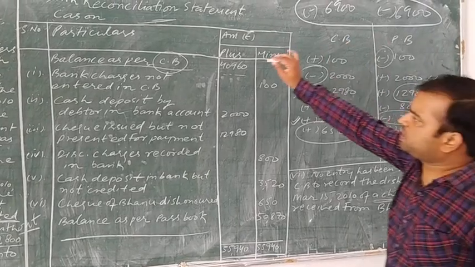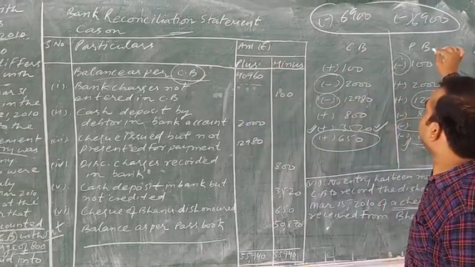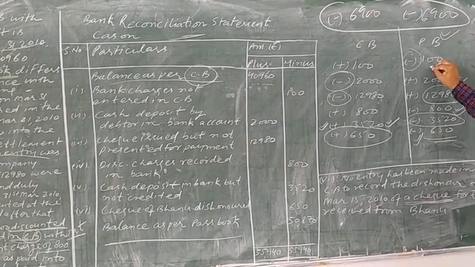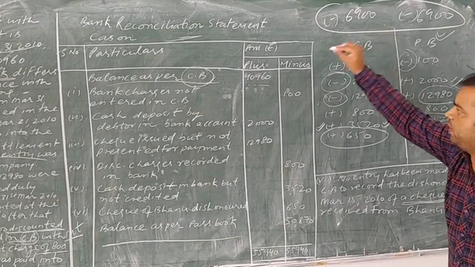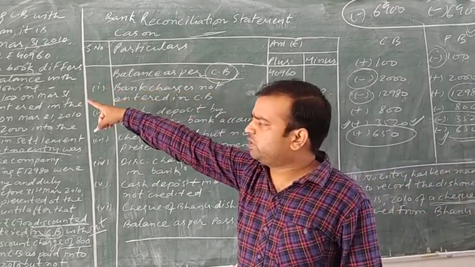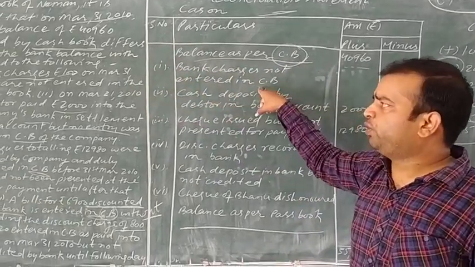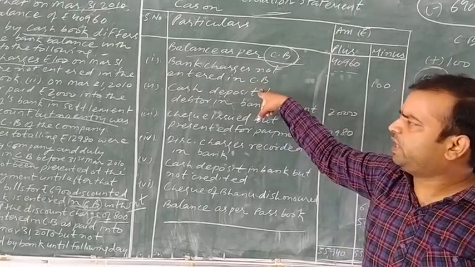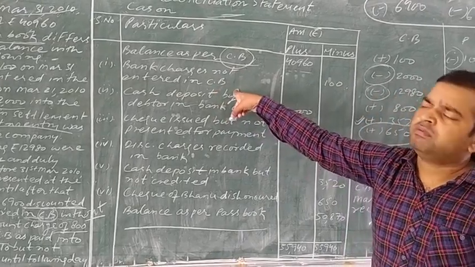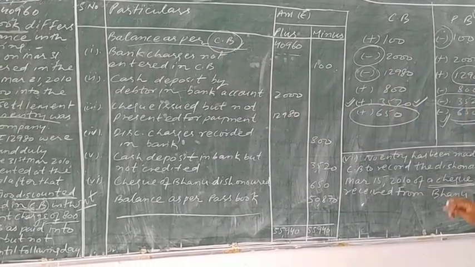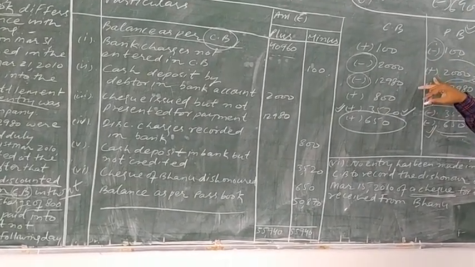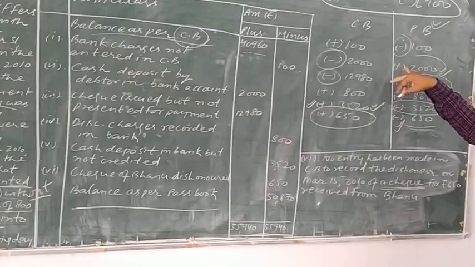Now the balance as per cash book was given to you, so you need to see what treatment we have done in the past. Okay, 100 rupees is on the minus side. Just put 100 on the minus side related to the very first transaction. You can note the transaction from the question. The same transaction can be copied in the particular column, or you can make some changes in the language, but it should be clear what you have done in the transaction.